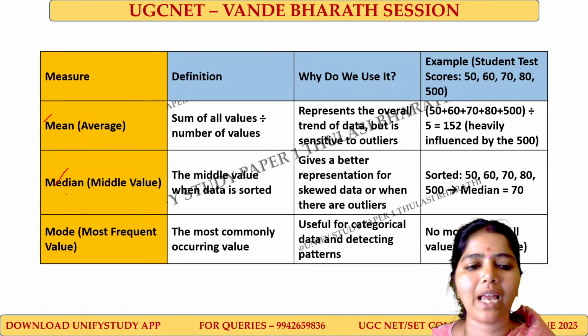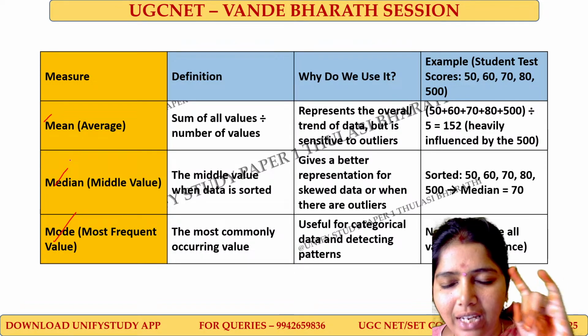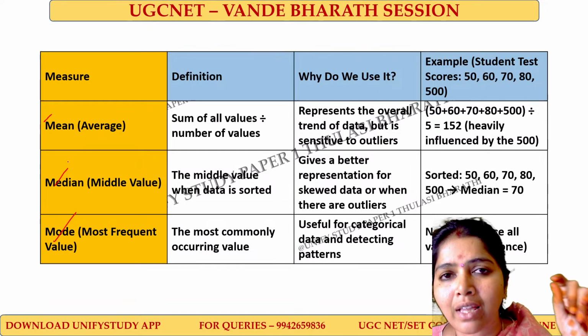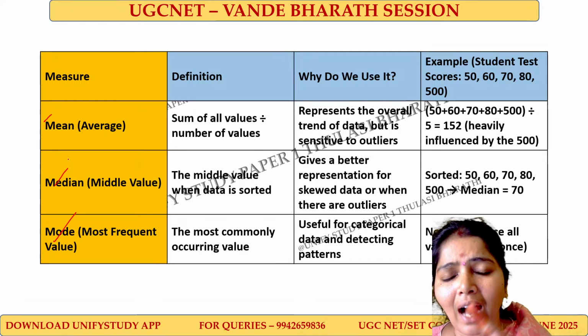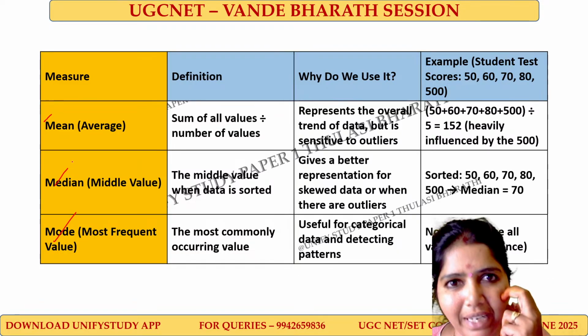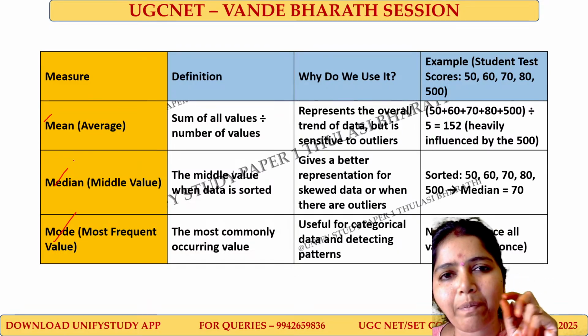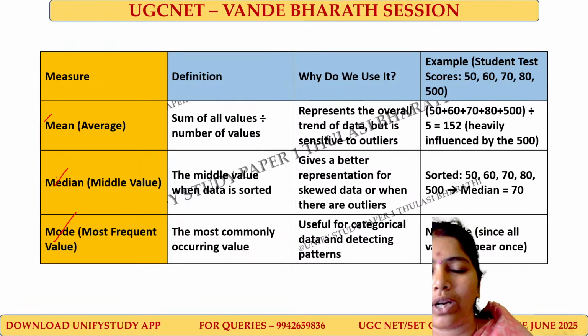Next we have the statistical terms, very important. Mean, median, mode. Mean means the average value of the given data set. Understand it very clearly. A data set will be given, and the average value is called the mean. For the median, arrange the data set in ascending order and then find the middle value. Mode means the most frequently repeated value in the data, how many times a particular value is repeated.